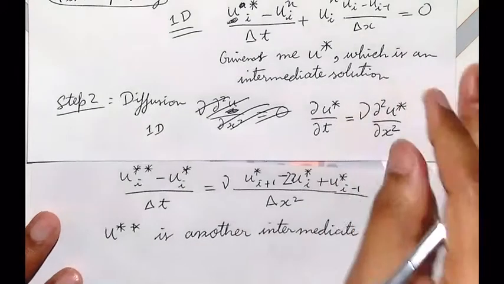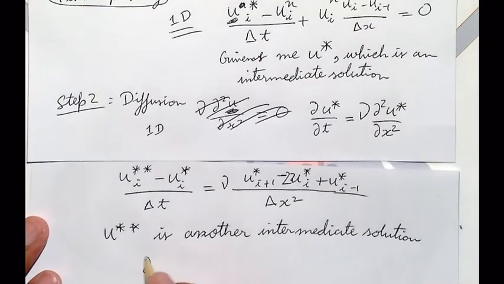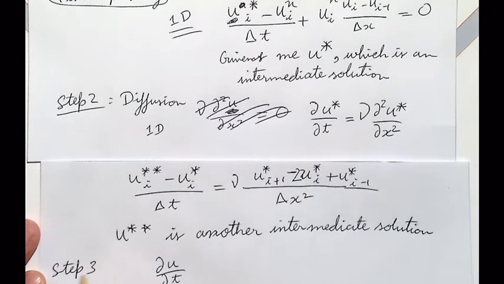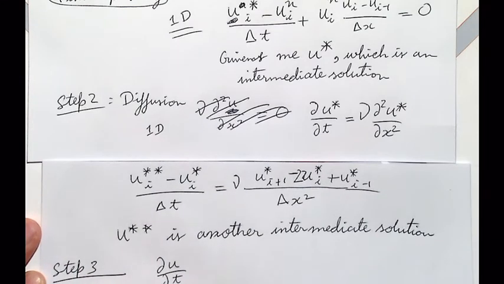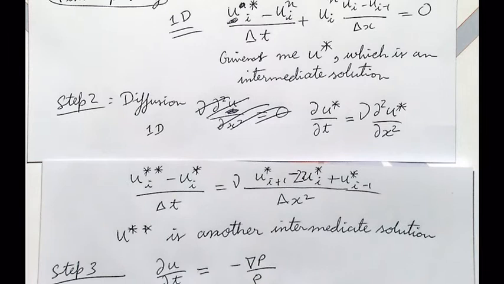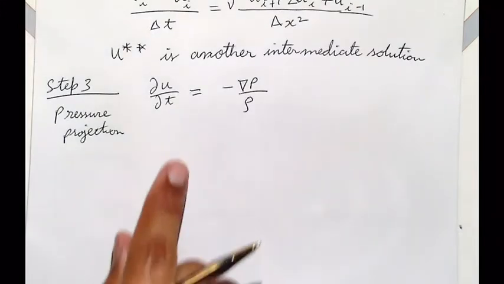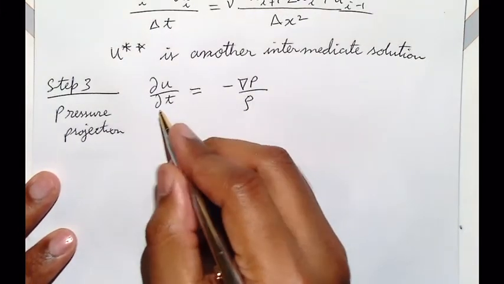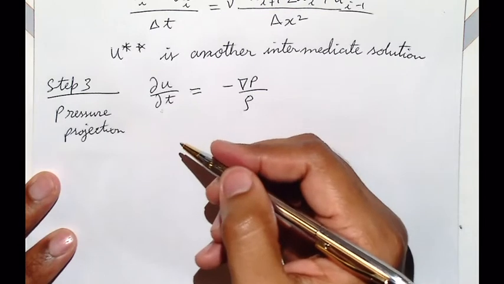Okay, and the last step is del u by del t, step 3, is pressure projection. Del u by del t is equal to minus nabla p over rho. Okay, what should I write now? du by dt becomes